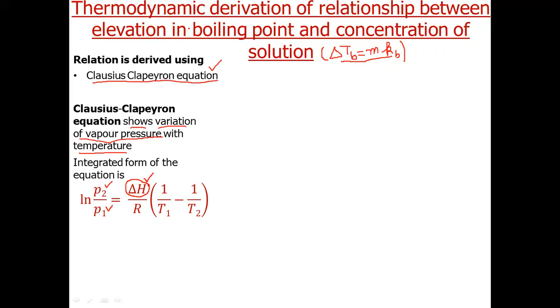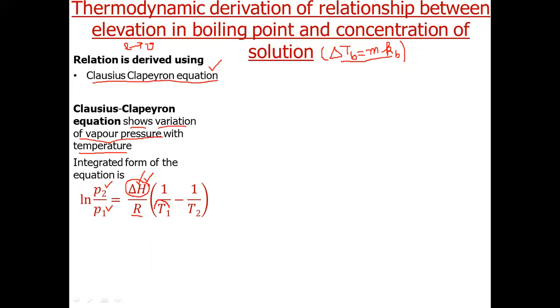Transformation means in boiling, water changes from liquid to vapors, so we can call it the enthalpy of vaporization, divided by R, the gas constant, times (1 by T1